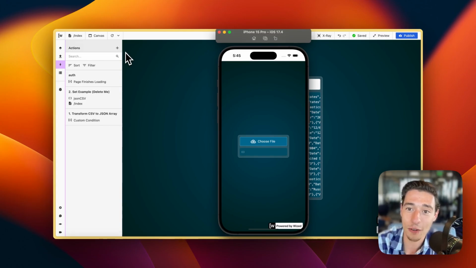And for all the Android people, Android is coming later down the road, in a few weeks still, but it will come a few weeks after iOS because I don't have any Android device. So I can test and build on iOS more easily than on Android. But that is coming later down the road. Android in a few weeks after iOS comes out. But even being an iOS developer without any coding and using the power of Wized without relearning anything is, I